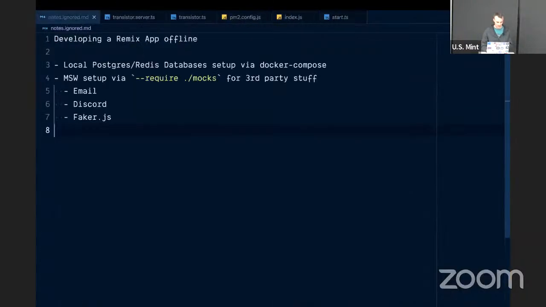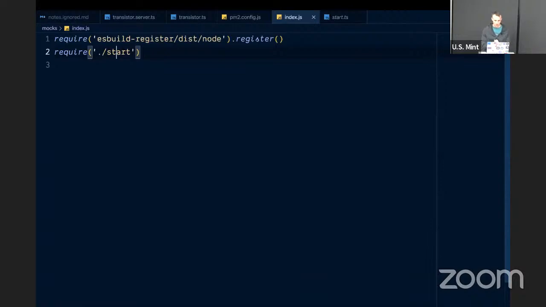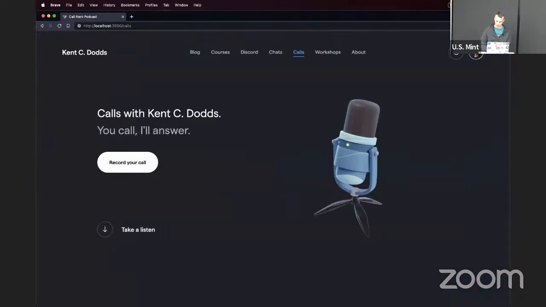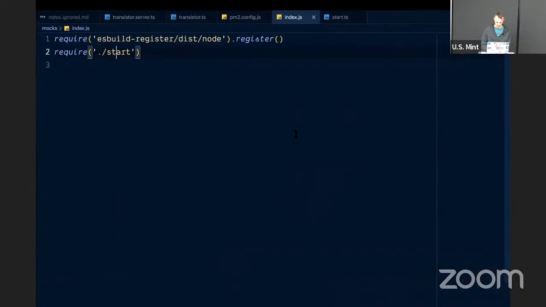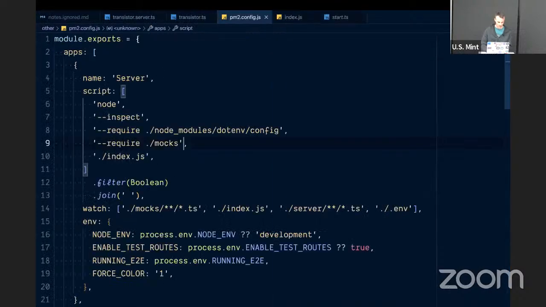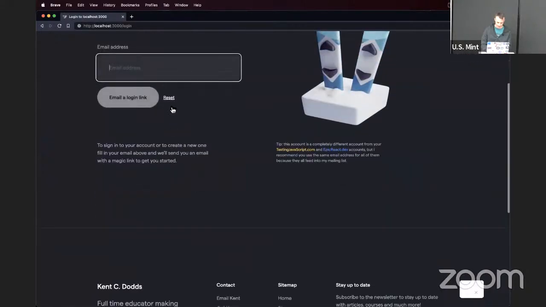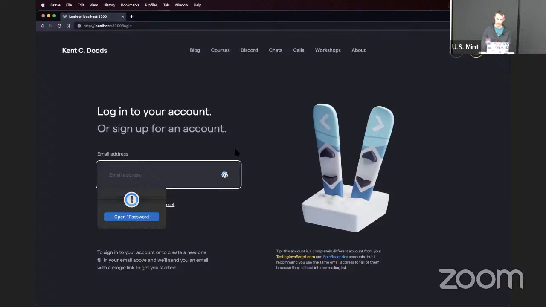Okay, let me show you another cool thing. The way that my authentication works is, actually here, I need to start this over because I don't want to use the live APIs for this. So start that over. I use magic links for authentication. So you just give me your email address, and I will send you a link.